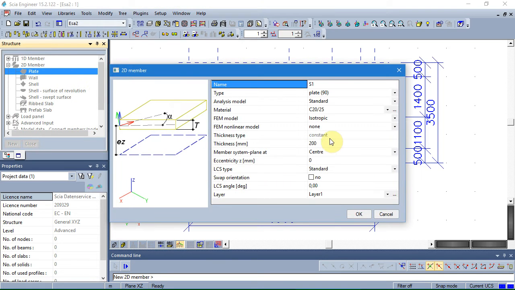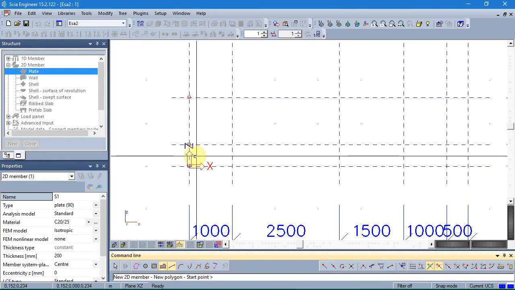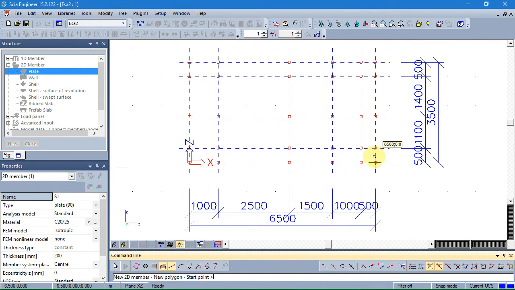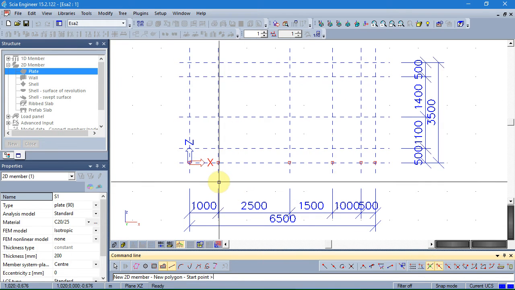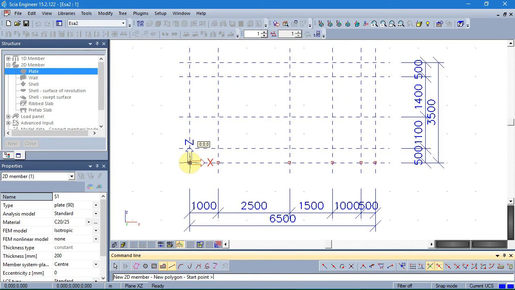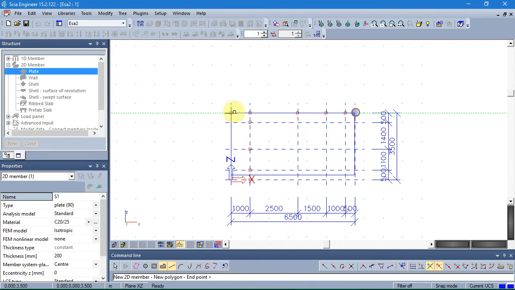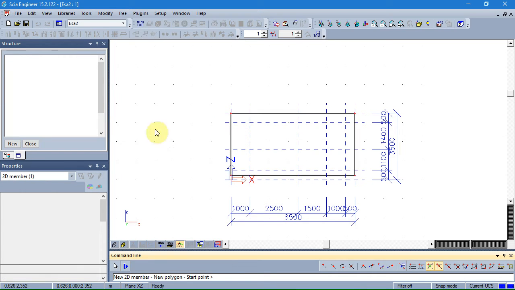It doesn't matter, I go to plane, 200 millimeter is the thickness, and we should start in the middle of these 2 points, because this is the axis of our beam. So we have activated the tracking. I push the shift button on the keyboard, go to this point, go in this direction and write 0.25. Okay, and now I push shift, select this node, and then this is my endpoint. Okay, endpoint, endpoint. It's finished.